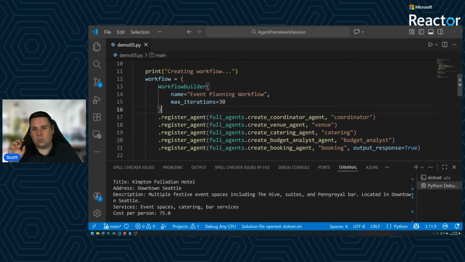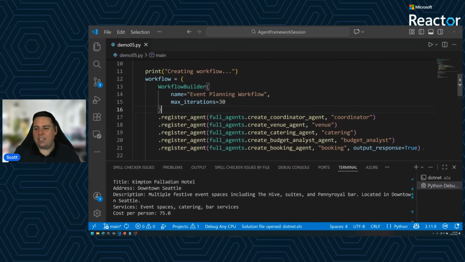I find this is really handy because it now doesn't matter what our agent actually is, whether it's built on top of OpenAI Responses API, whether it's built on top of AI Foundry's agent service. This gives you the ability to just name an agent. And especially when we look at A2A a little bit down the track, having the ability to just refer to an agent by its name is really powerful.